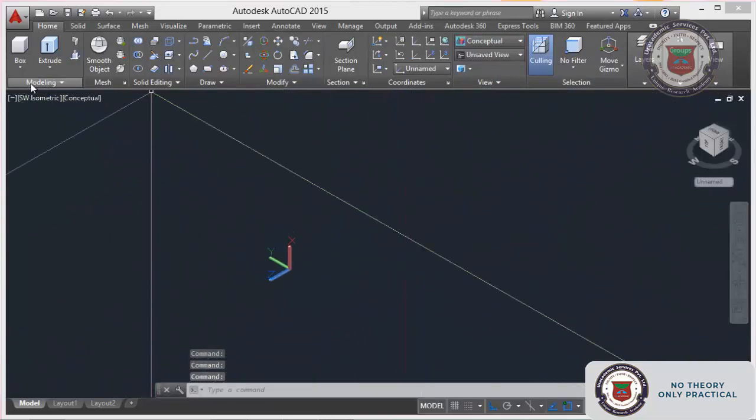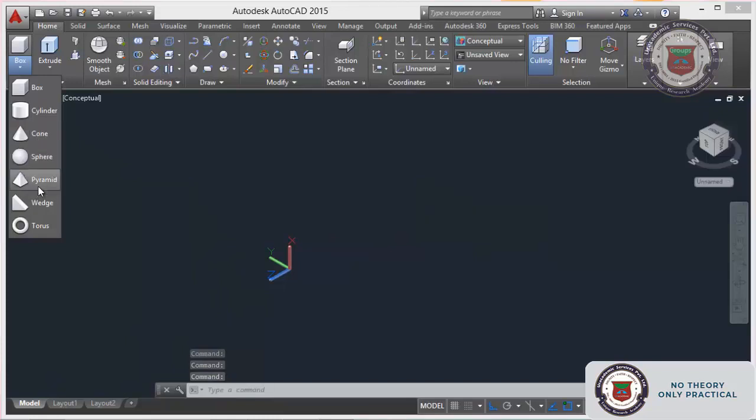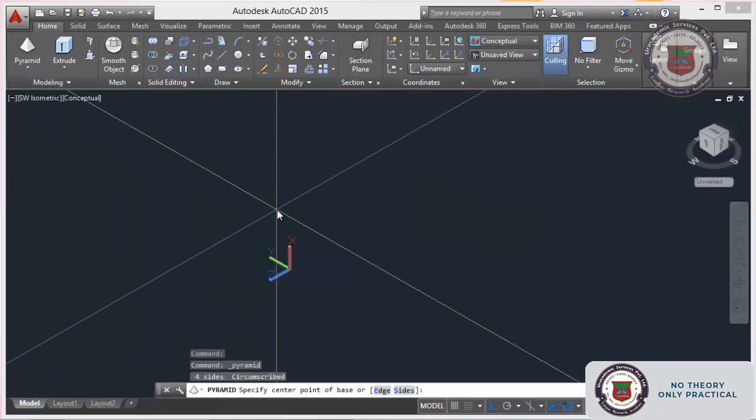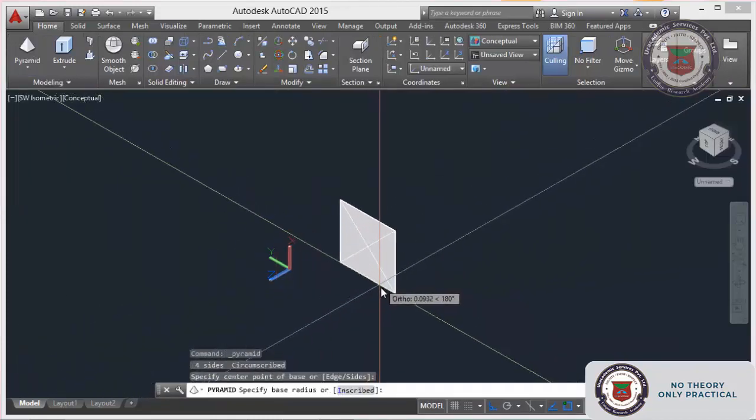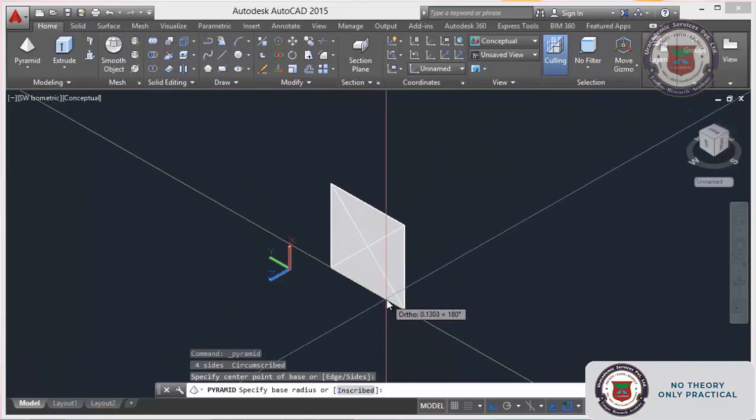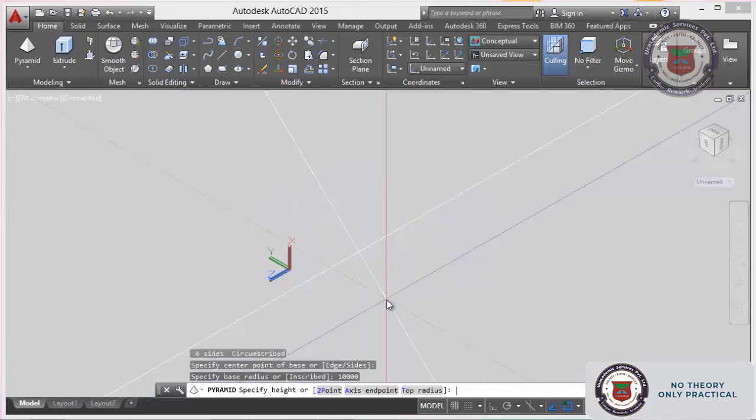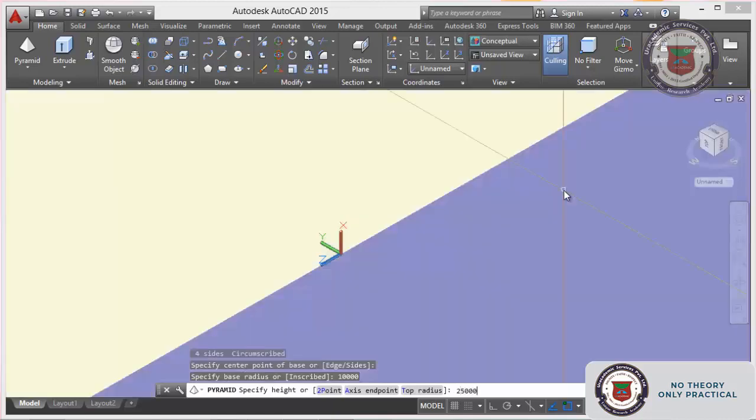Just select pyramid, this one, just give the radius of 10 meter and height is around 25.